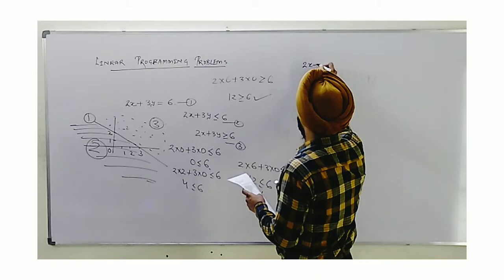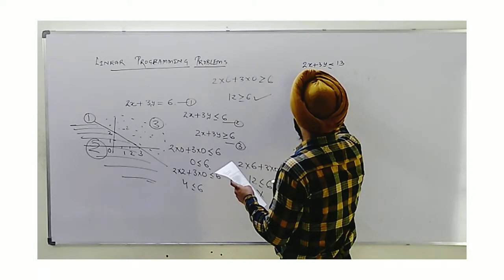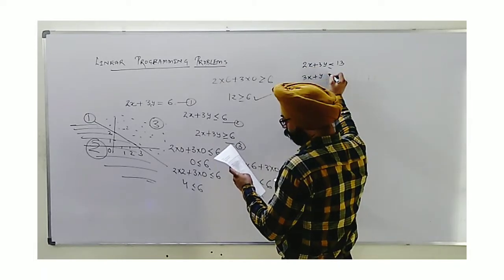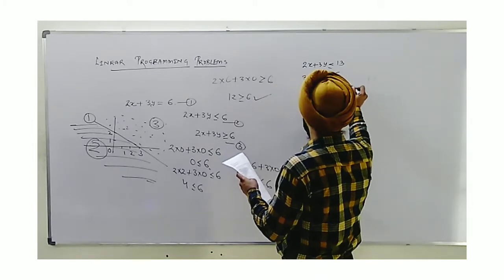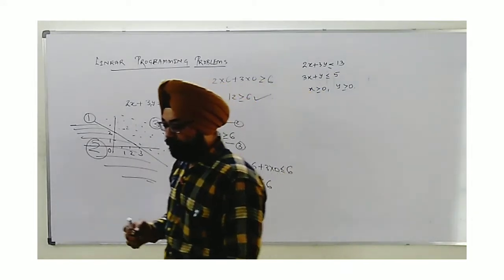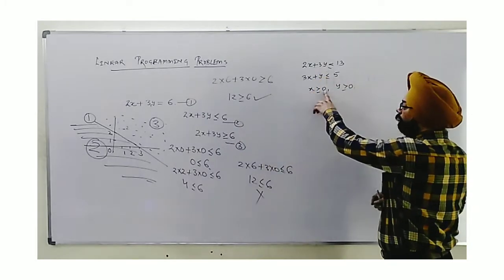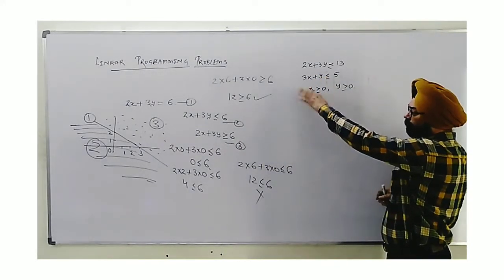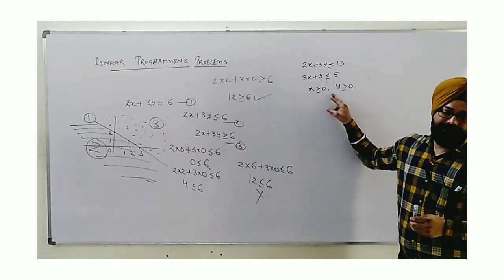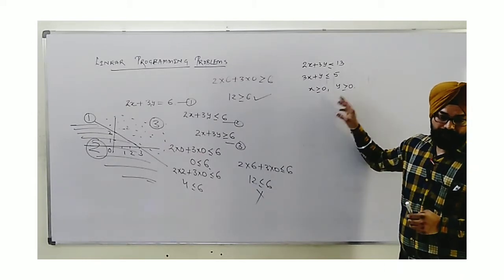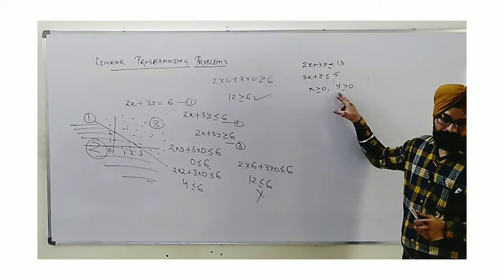Like I consider for example 2x plus 3y is less or equal to 13, 3x plus y is less or equal to 5, and x is greater or equal to 0, y is greater or equal to 0. To say x and y both are greater or equal to 0 means this x will be minimum 0 but otherwise positive, and y also is either 0 or positive. That means whenever this condition is given, the graphical presentation will take place in the first quadrant only, plus plus, both are positive.